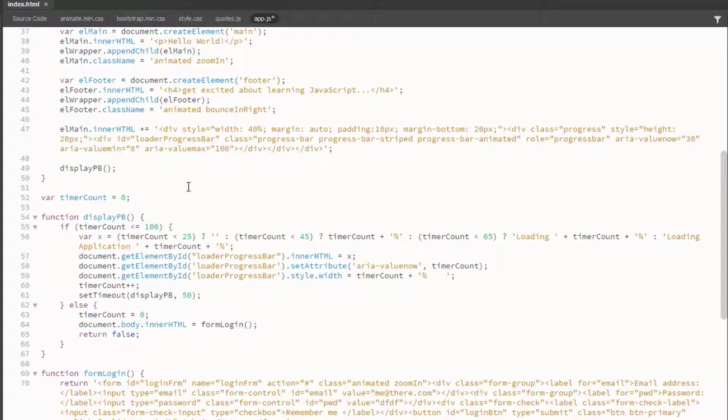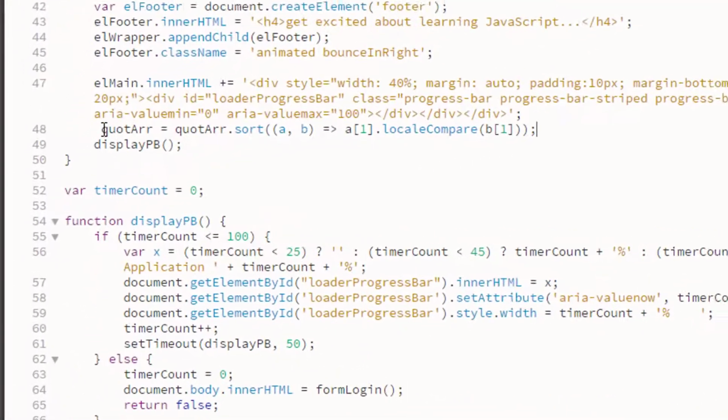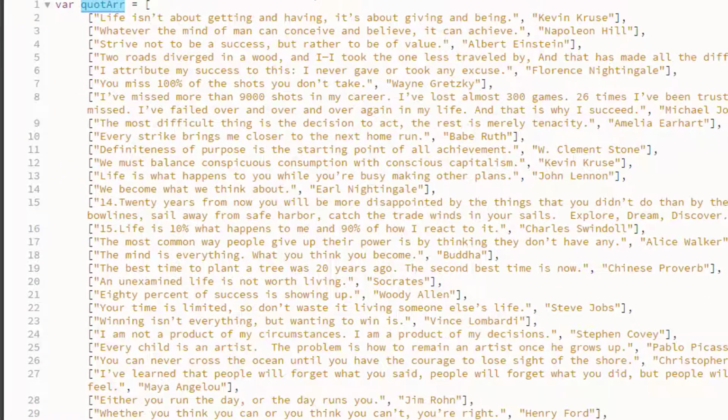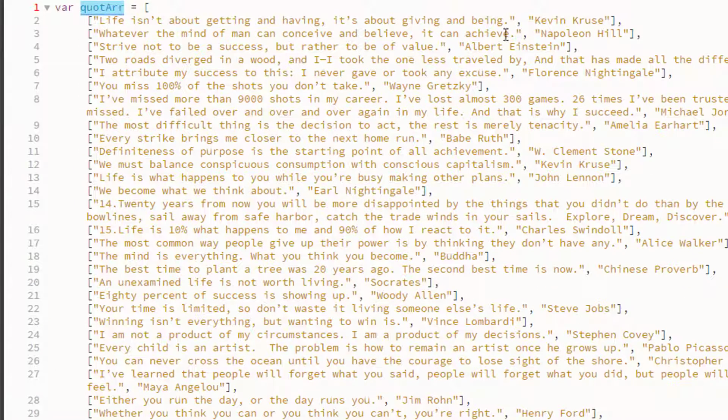What we want to do is take that array, call it into our code, call it into our script, and we're actually redeclaring the variable by doing what we call a sort. And this sort that we're doing is essentially just a little comparison where what it's going to do is go in and look at the